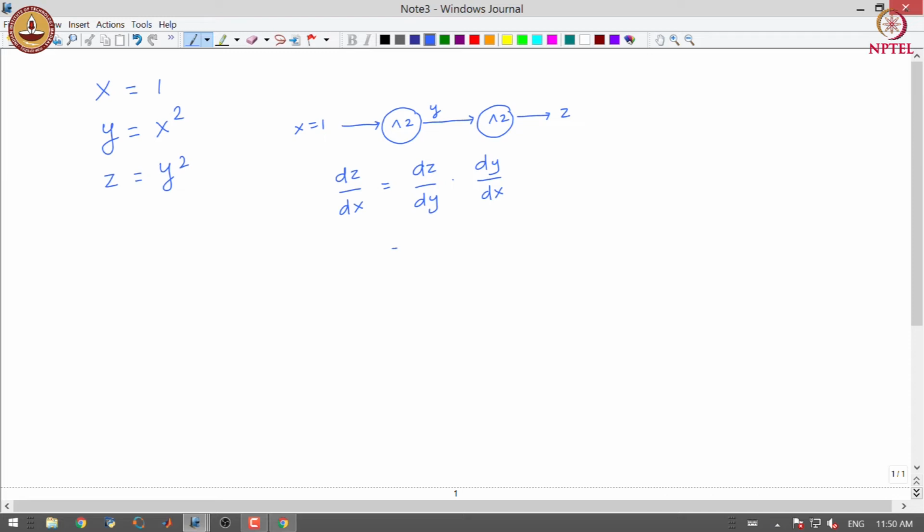Here z is y squared, so dz/dy is 2y, and dy/dx is 2x. So, y as we know is x squared, giving 2x squared times 2x. So, this derivative is 4 times x to the power 3.